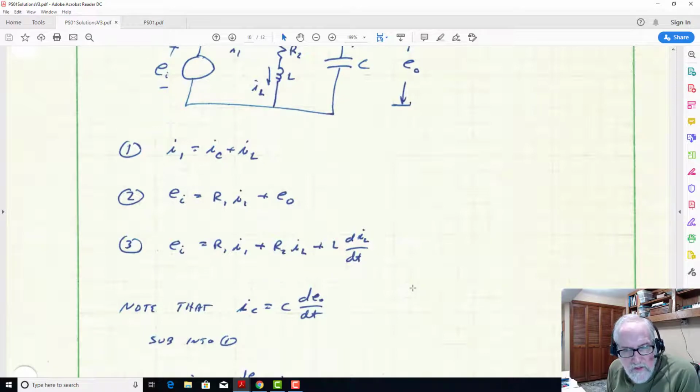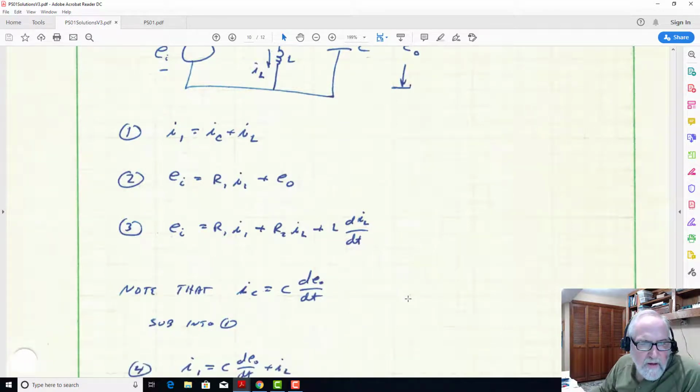And so go to the elemental equation for the capacitor, and you can write that next equation, which is I sub C, that current, is equal to C times the derivative of the voltage across it. And so I think now we see we've got enough pieces to the puzzle, we can move forward. So we take that current for I sub C and substitute that back into equation 1, and we get